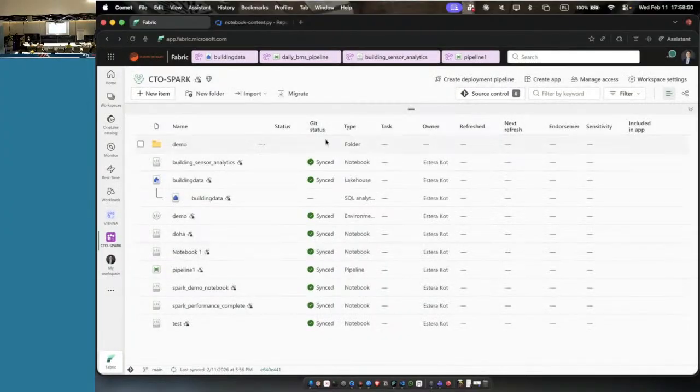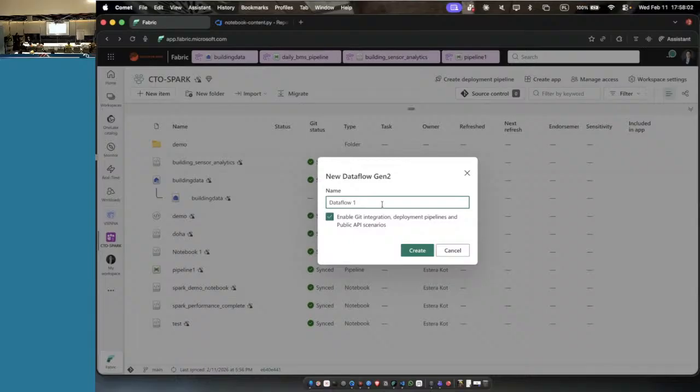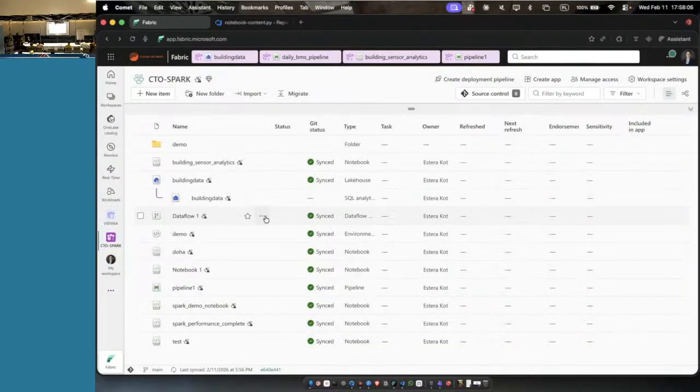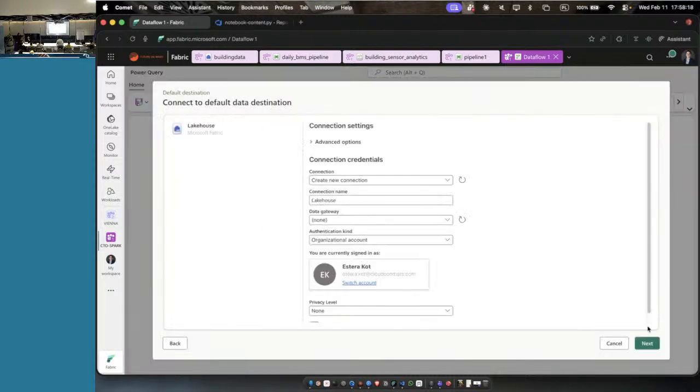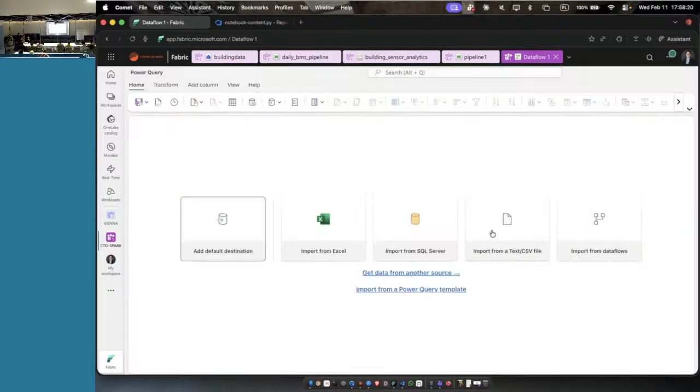let's say that I'm using the Dataflow Gen 2. Let's create it. It's essentially our query engine to fetch data from all different sources and then put it into a destination like the lakehouse or a data warehouse or even a SharePoint folder as well. Yeah, exactly. Importing from Power Query files.